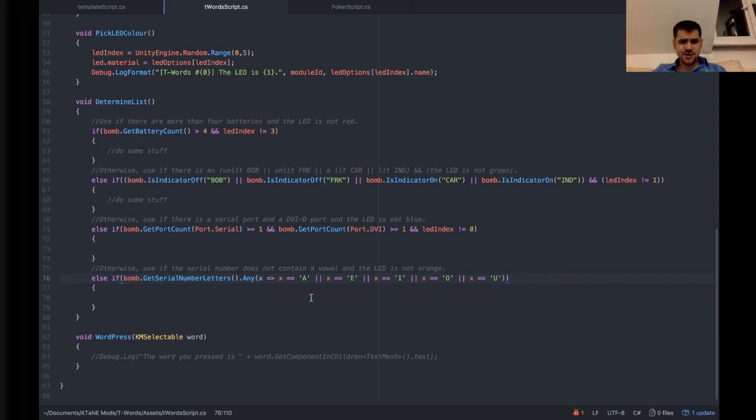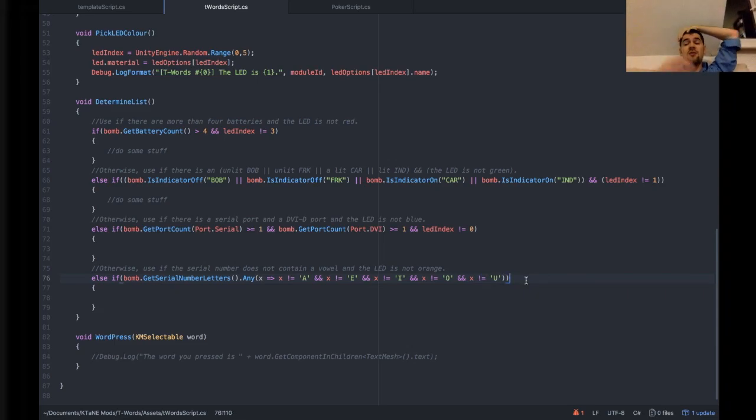And again, this is where we're going to get into hot water with logic and maths at this point. We want to check that the serial number does not contain any vowels. So we need to check that any of them are not A, and any of them are not E. And if I'm wrong at this point, Ash will certainly point it out to me in the code, because I've gotten this wrong many times in the past, and it still confuses me because logic is an inherently difficult thing